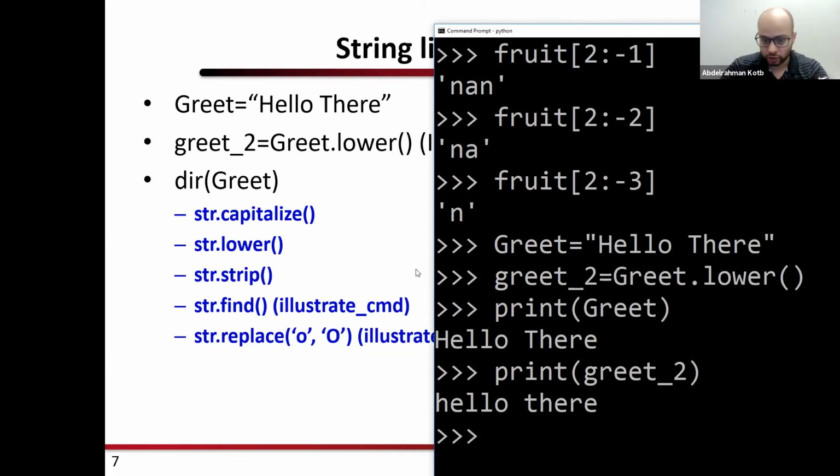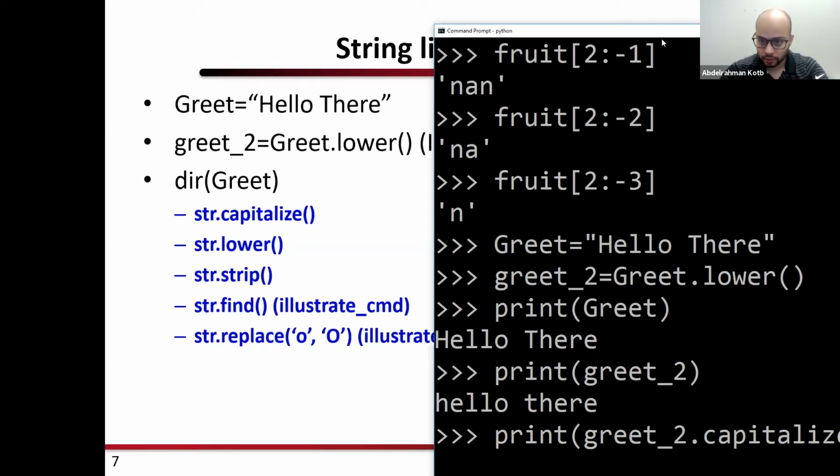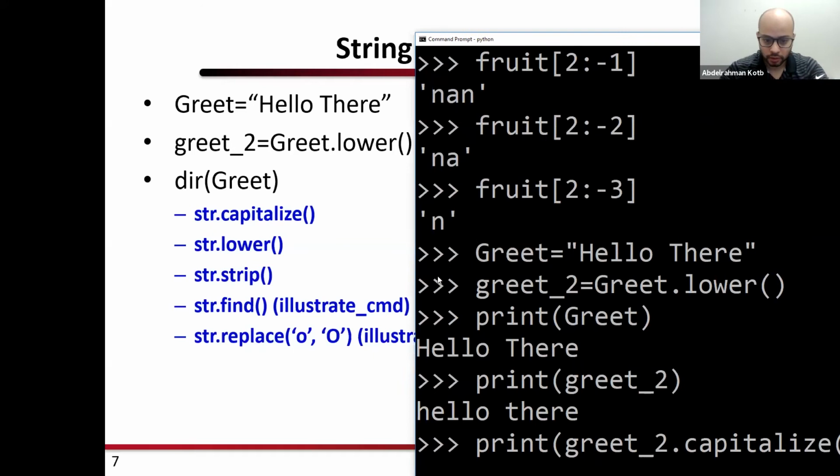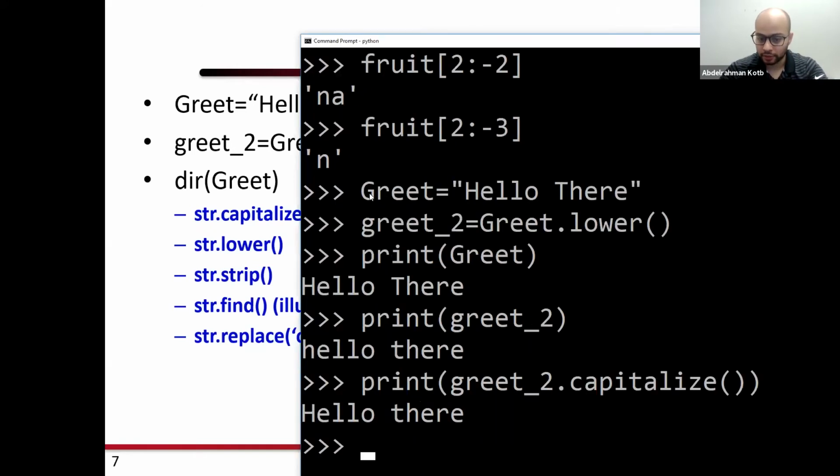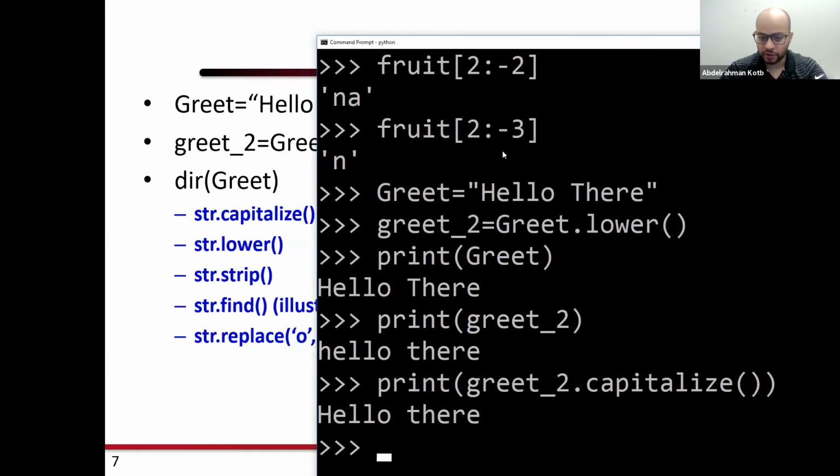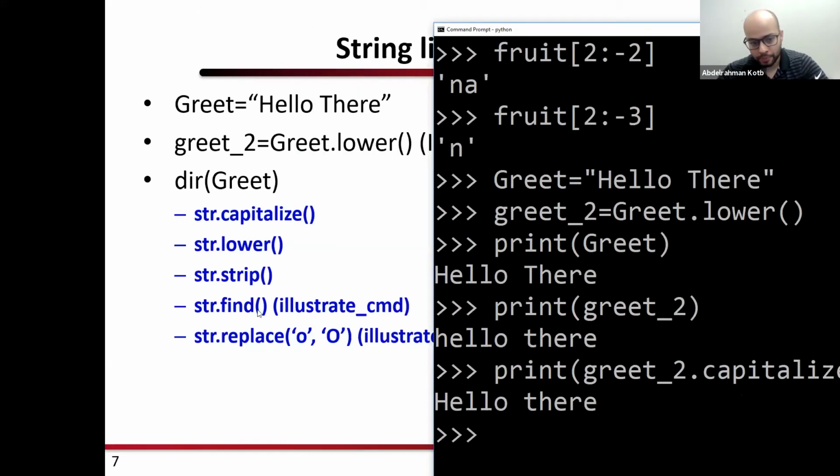If I want to print greet2 dot capitalize, it's going to capitalize the first letter. And there's strip, there's find, there's replace.